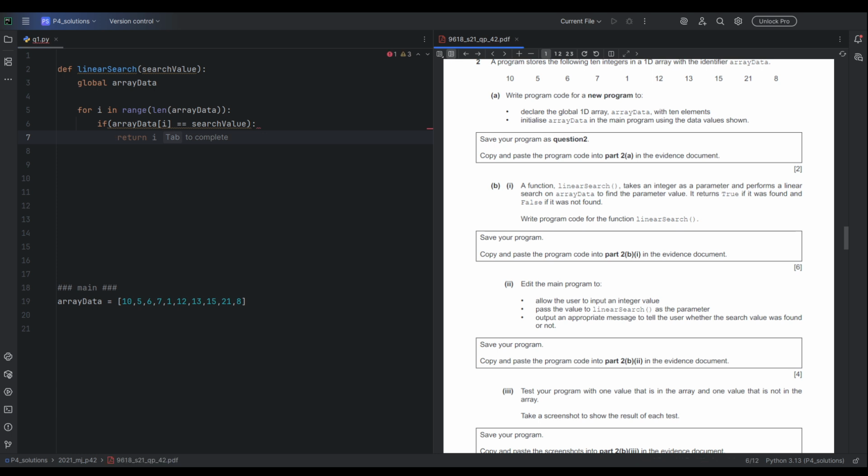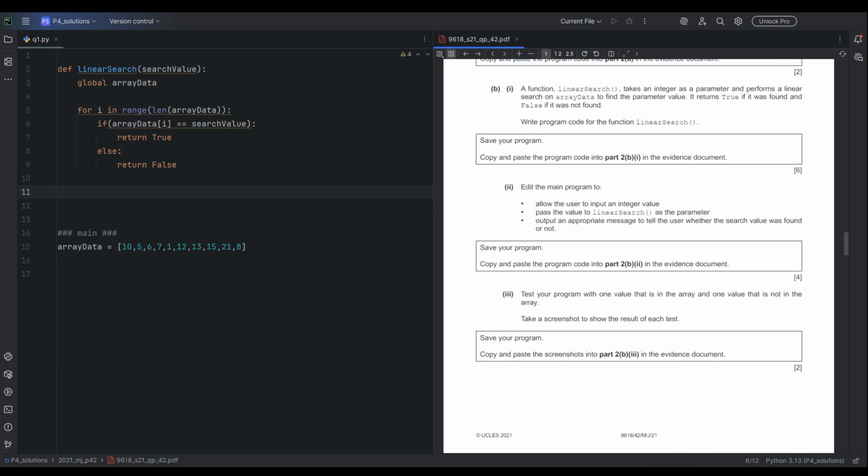So that's just asking us to return true and false. So we don't even need to return the index. So let's say we're looking for 10, we find 10 at index 0, we just return true. Return true, else return false. That's it. Okay, then in the next part they're saying edit the main program to allow the user to input